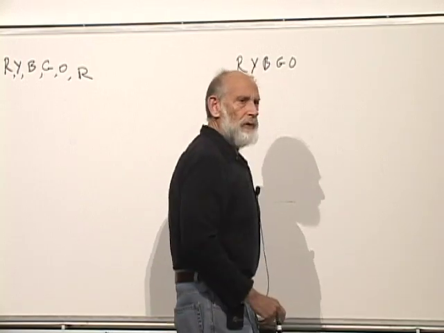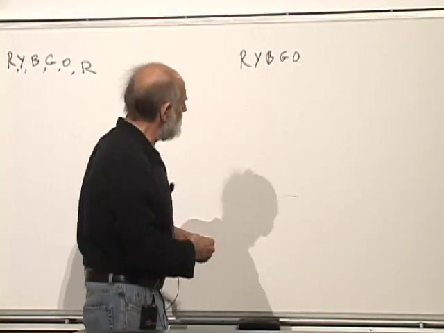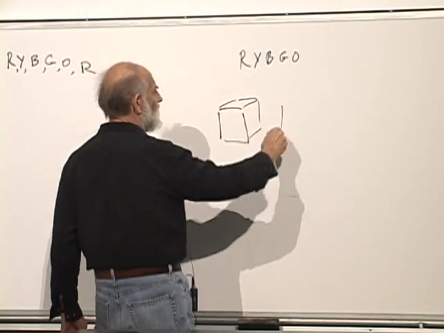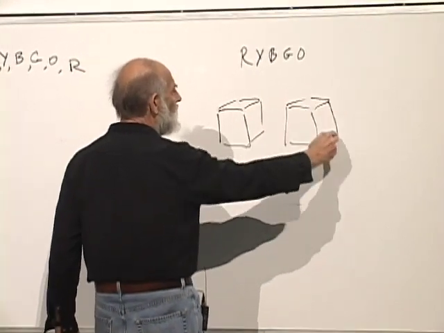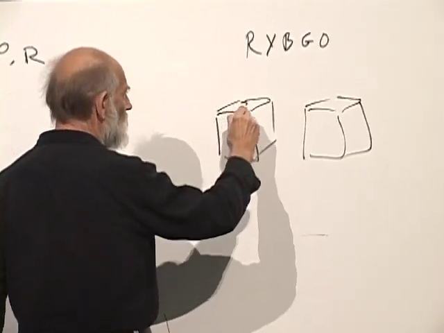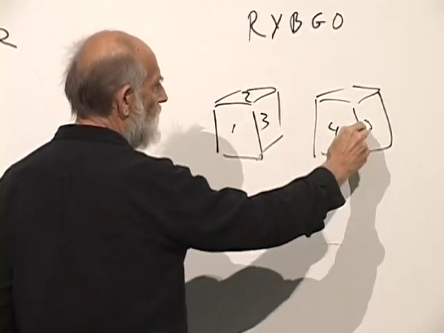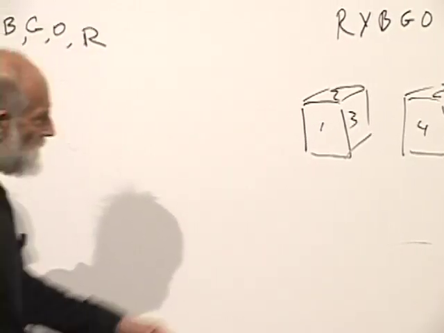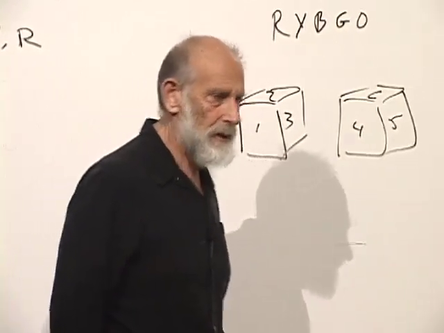Let's make up an example involving 2 dice. Now I'm going to number the sides: 1, 2, 3, 4, 5, 6. Of course, this one also has a 4, 5, and a 6, but you can't see it. And this one also has a 1, 2, and 3, and you can't see it.